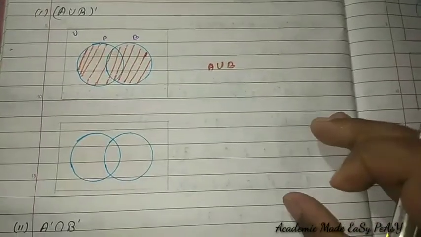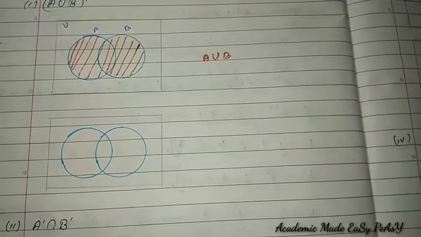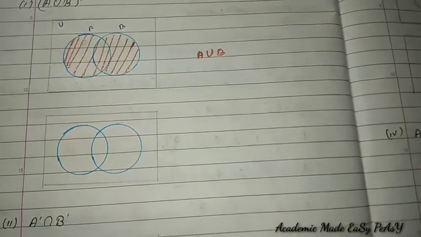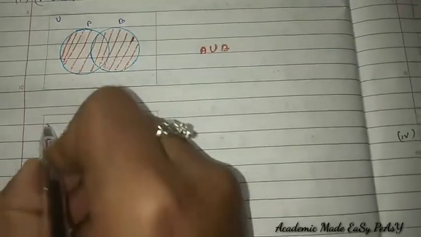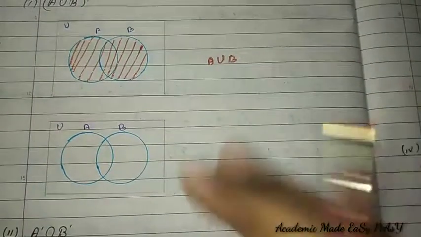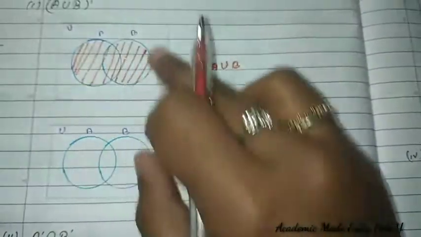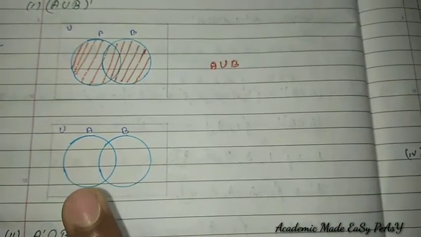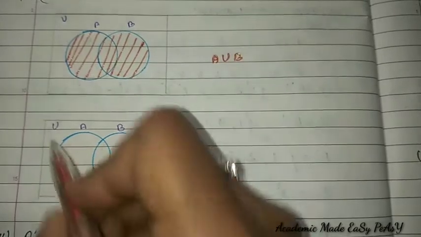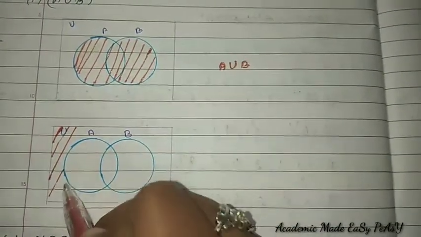So in a Venn diagram, in the normal way, how do we do it? We subtract all the elements of A union B and keep only the elements that are in U, isn't it? The same way we will be doing here also. Complementation in a Venn diagram means that where we shaded the inside, that is the A and B part, we now shade everything except that shaded part, that is, this rectangle.